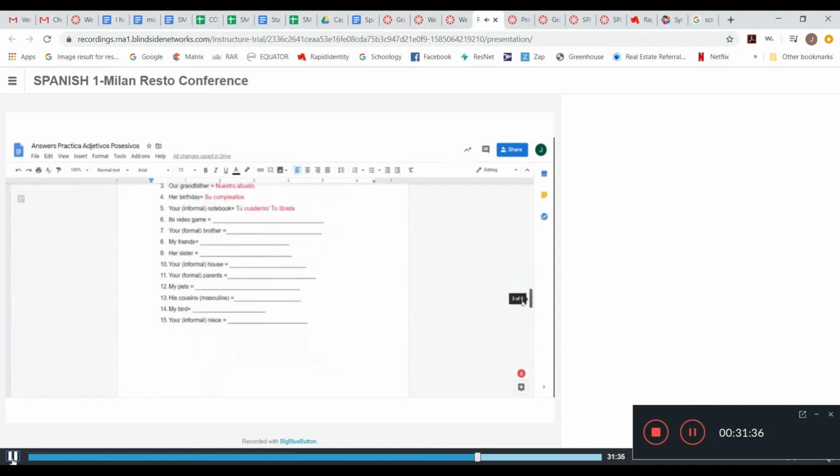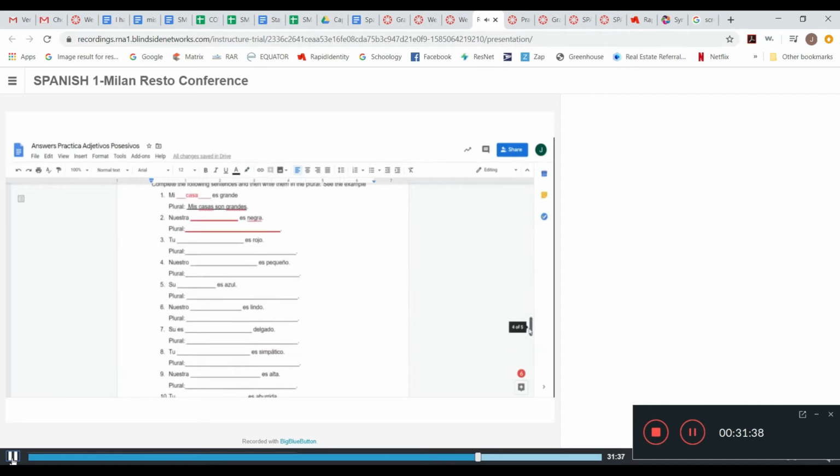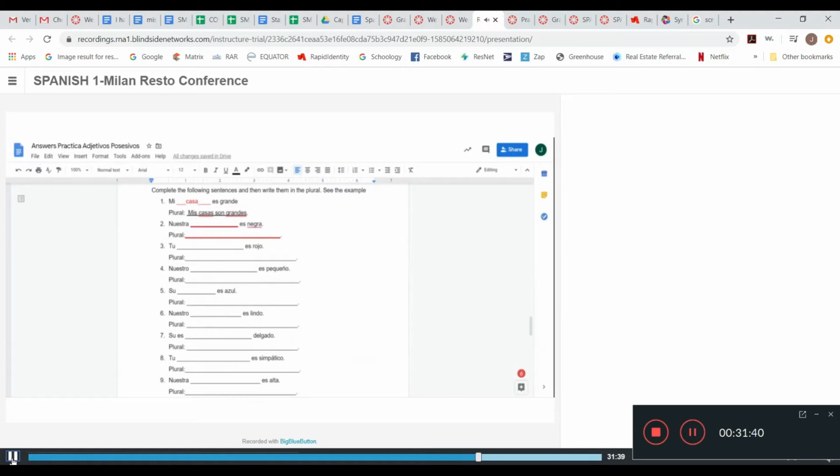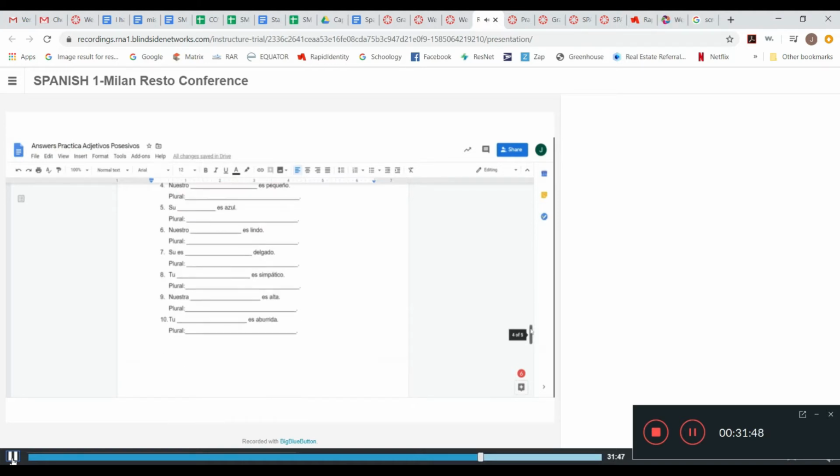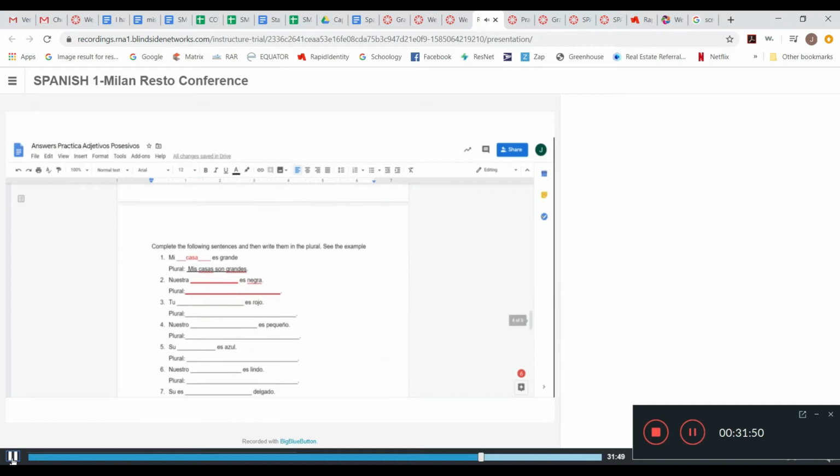Okay, so we were right here. So that's why "es" becomes "son" in this case. And if you notice, all of my verbs in here are "es", so they all need to change to "son" when they change to plural. Okay, so we have this. That's my first example. Okay, so the next one is telling you nuestra, and nuestra means ours, and then it's